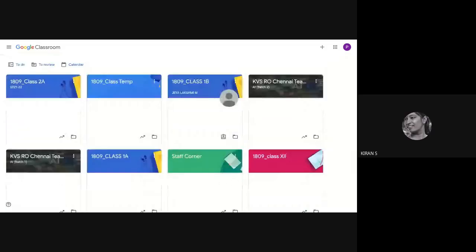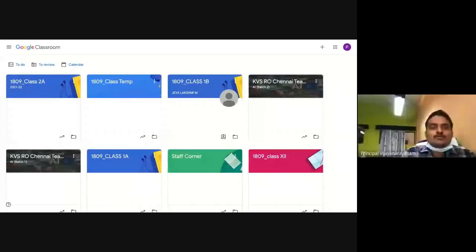Then if they are recording a video or something, everything will fall into the principal's drive instead of the class teacher's drive. It will come to the classroom drive only. Principal will be the owner for that particular drive, and it becomes easy for principals also to send the information to RO whenever it is required, rather than calling each one of them. Anyway, this is an easy strategy.